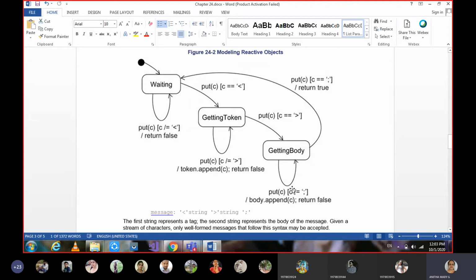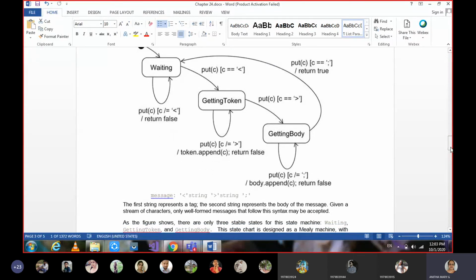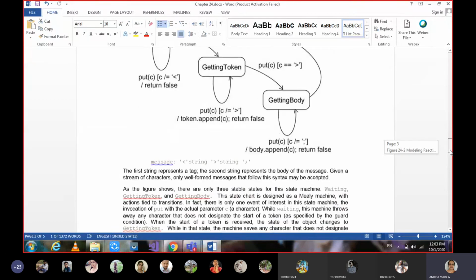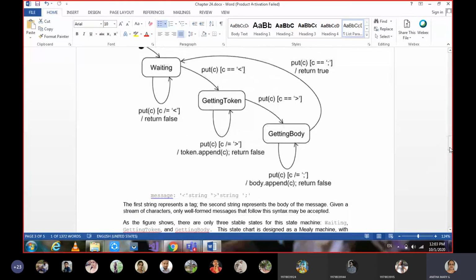Okay, and this also has a self check. Until it becomes equal to maybe some flag they have set as a semicolon, it is then going to move back to the waiting state. So these are the three states we have. Okay, so the waiting state, we can say it's not idle, but the one which is maintained.